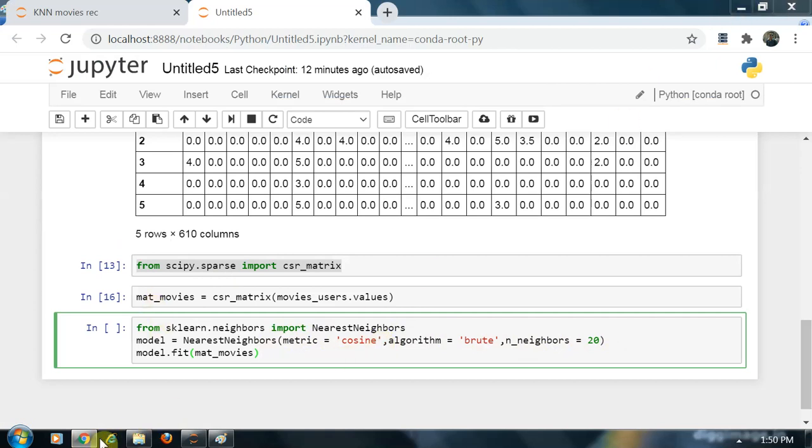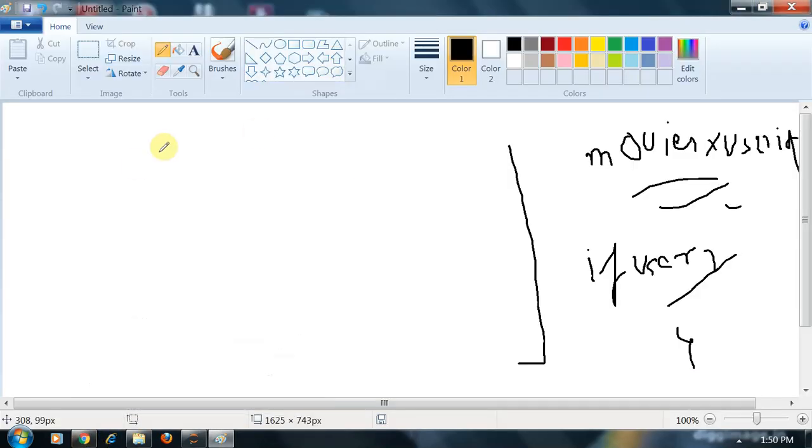Suppose we have our sparse matrix like this. Suppose we have 3 movie IDs, 3, 4, 6, and 3 user IDs, 1 to 3.